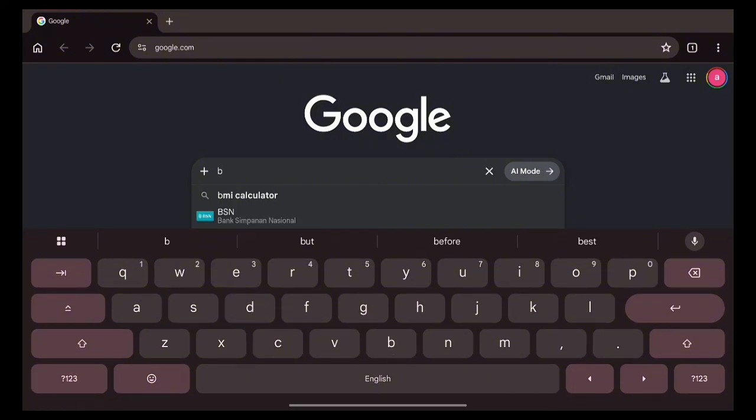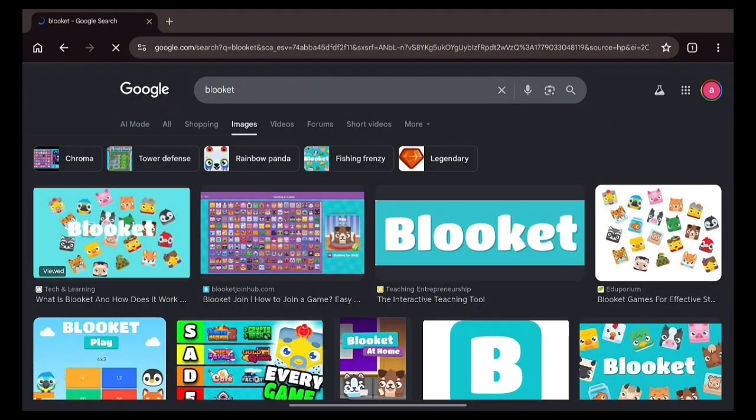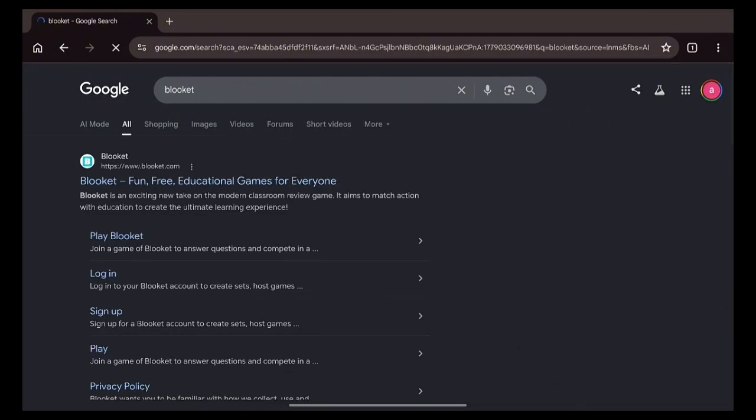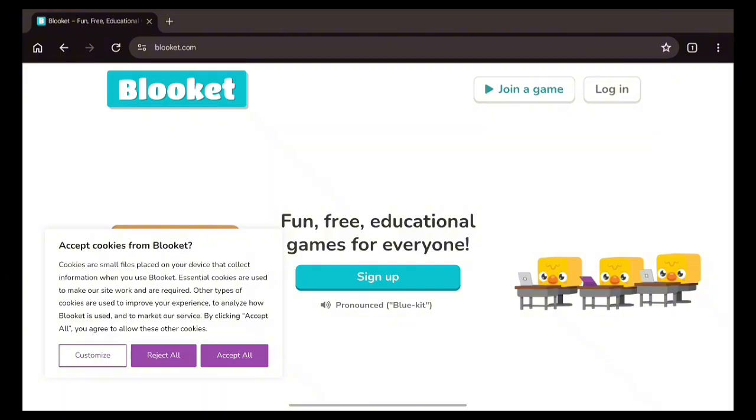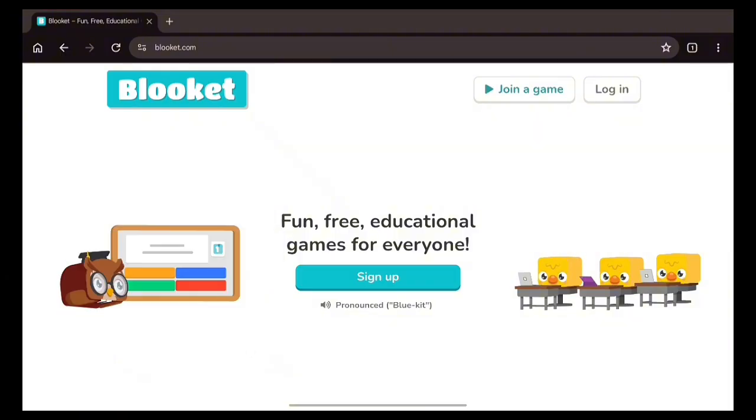Chrome and search Blooket. So once you search Blooket, you can see the link is at the top. So you need to click the link. So once you click the link, you need to accept all cookies to continue to sign up for making your Blooket